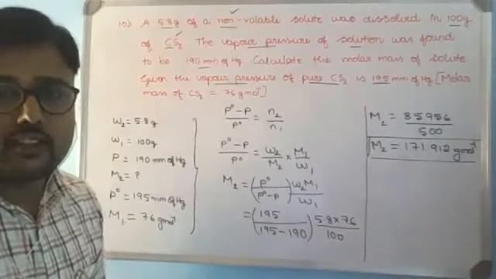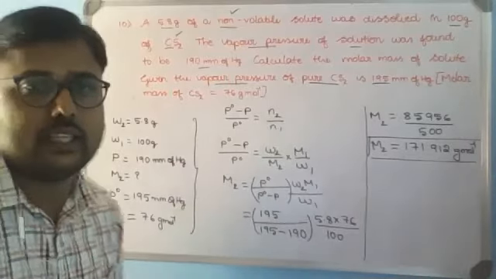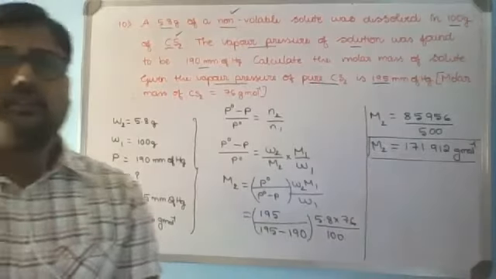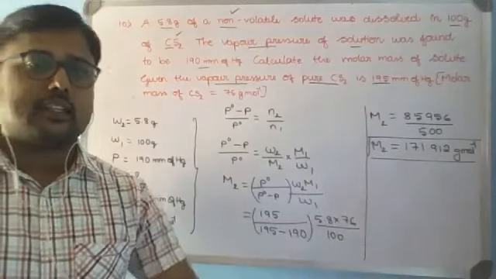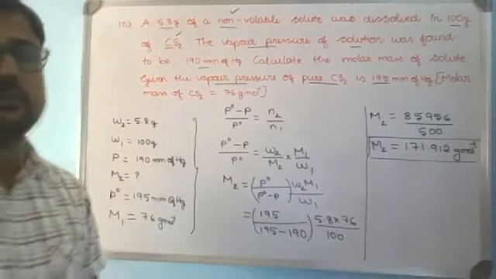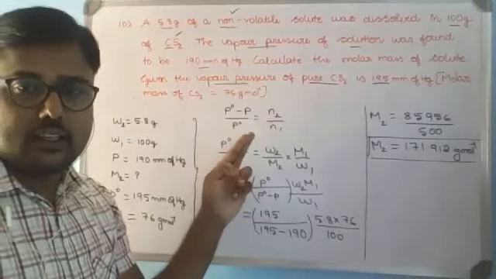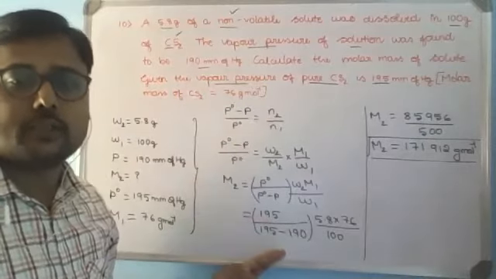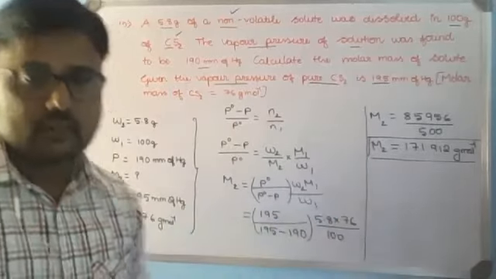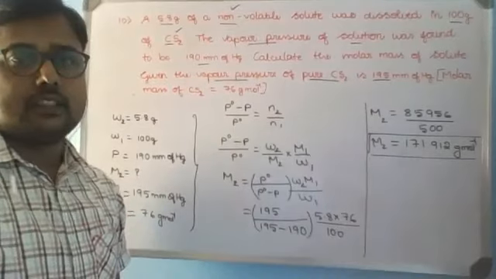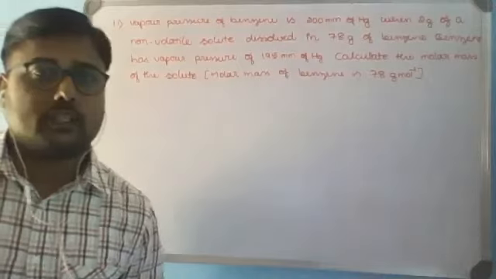Hope the solution is clear. It's almost the same type, just a small variation in the values. So practice again the same concept, I am repeating, so don't get confused. Try to remember clearly: segregating the data, writing the correct formula with the rearrangement, and substituting the values for finding the right answer. With this, we'll continue with one more similar problem.